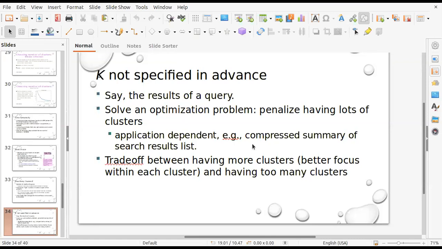The quality can be computed in some terms, and then these quality parameters will decide the best value of k. It is not necessary that if you have more clusters, your results are appropriate. And it is also not right to say that if you have fewer clusters, your method is very accurate. So the question is how to decide.